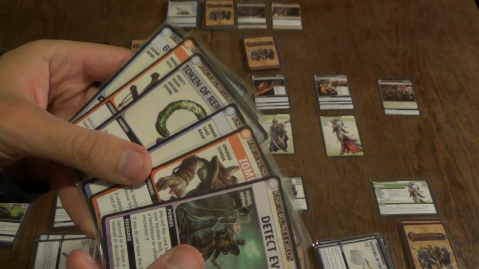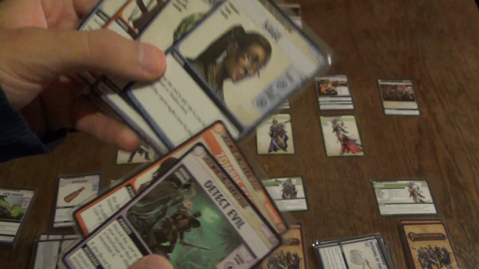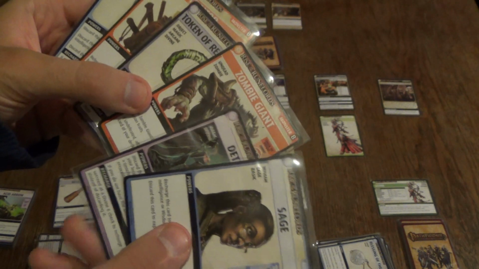Would have been nice to have these cards, but I think the zombie giant and the traitor, yeah, I mean, I think only the sage. I only wanted the sage from this, so one card out of 6 is not that bad. So yeah, there